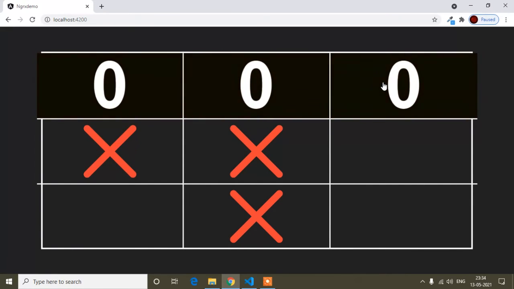And now guys, I will check like this angle wise.